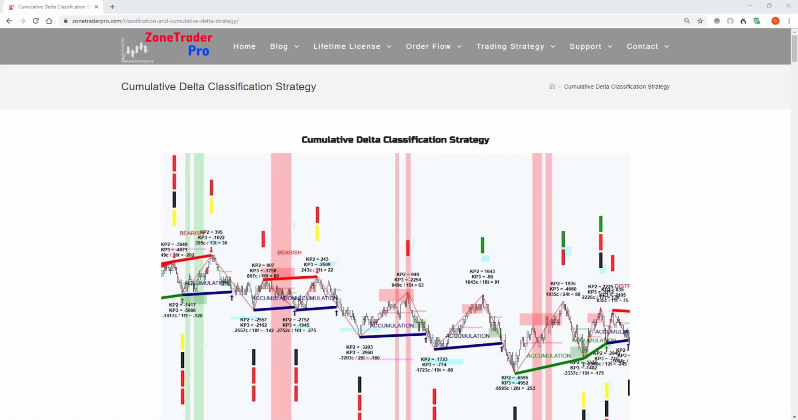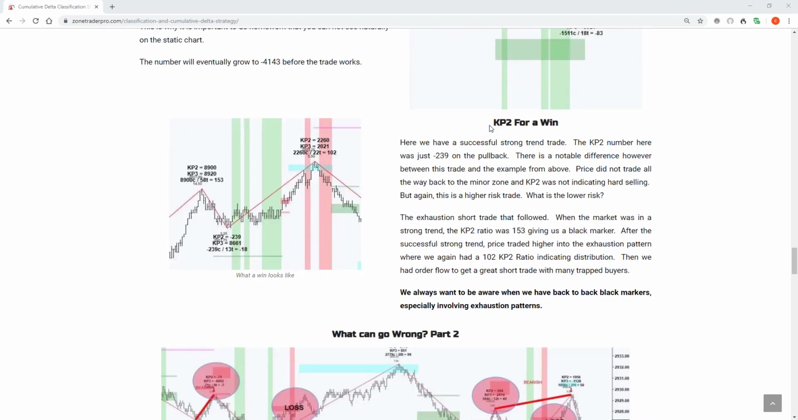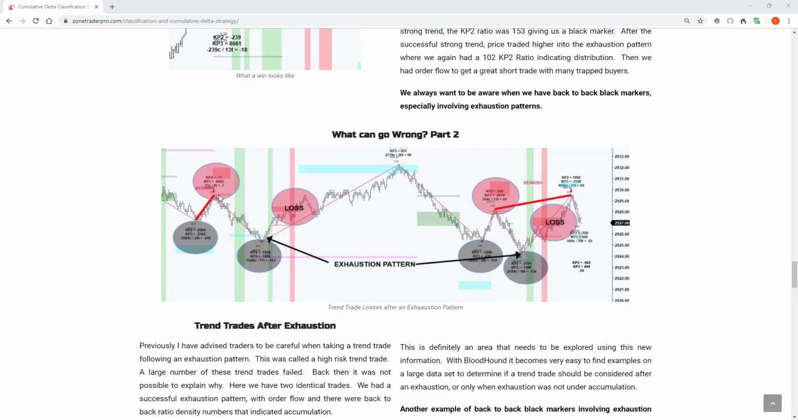Now, I had a couple of excellent examples when I was developing this as a strategy idea, and they are listed on the cumulative delta classification strategy page. You get that from the website by coming up here to the trading strategy and then cumulative delta classification strategy. I've just gone and recently updated it, but I wanted to show how this is a very important pattern to look out for, because in each of these trades,